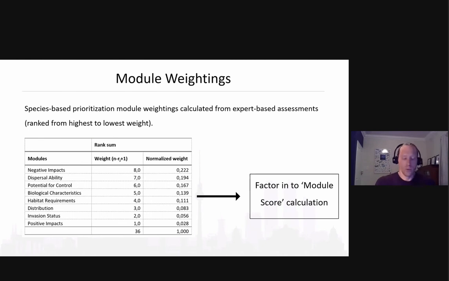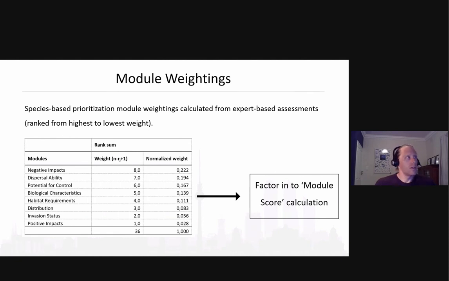What I haven't mentioned, and what many of you might be thinking, is that developing some sort of weighting for each of these modules or criteria would be important in determining more accurate or refined priorities for each species. Now, what we did do in the online survey was request that the experts weight or rank the modules in terms of their highest to lowest importance.